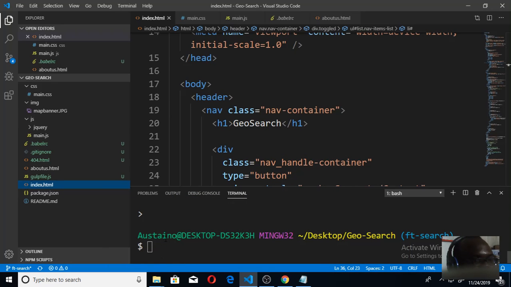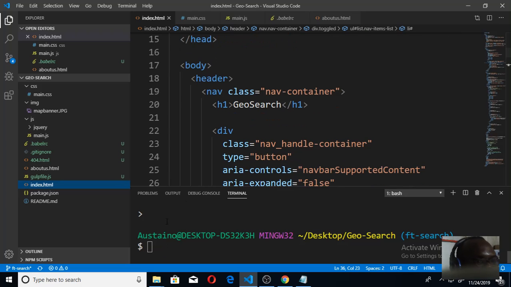Hello, what a wonderful day again for us to tidy up this GeoSearch, and we are supposed to be able to host the application after developing it. So I'm simply going to do npm install babel, and I'm actually installing babel core. So I'm going to install this, and